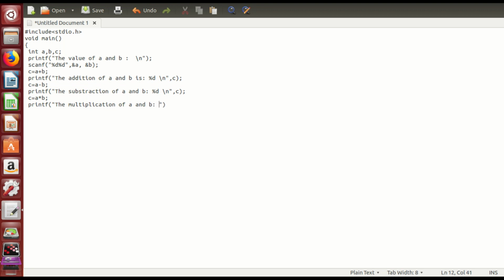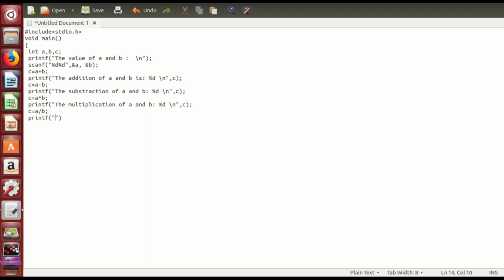For division, this method is the same. You should have some basic knowledge of C, like what printf is. Then for division we write c is equal to a slash b.